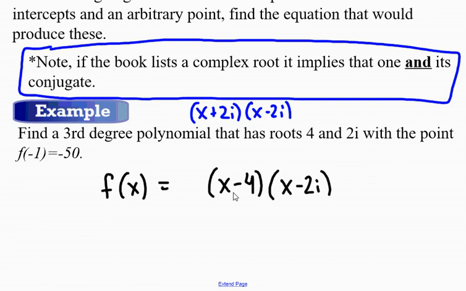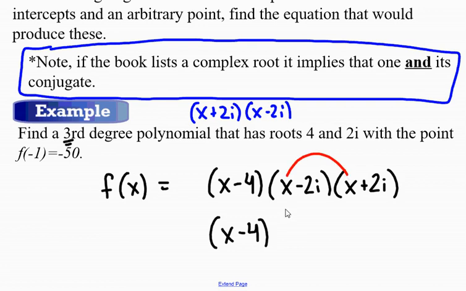But if you look right now, I only have 2 x's, and I said it's a third degree polynomial. That's why the complex root must have a buddy, and its pair would be x plus 2i. Now I have x, x, x. I have a third degree polynomial. If I simplify this out and multiply the complex ones, it'll clean up a little bit. So if I actually multiply these out by distributing, I'd end up getting